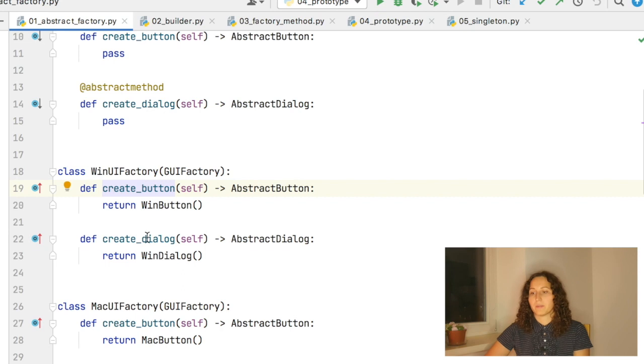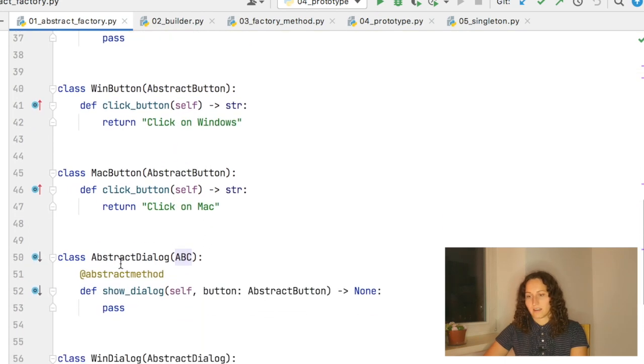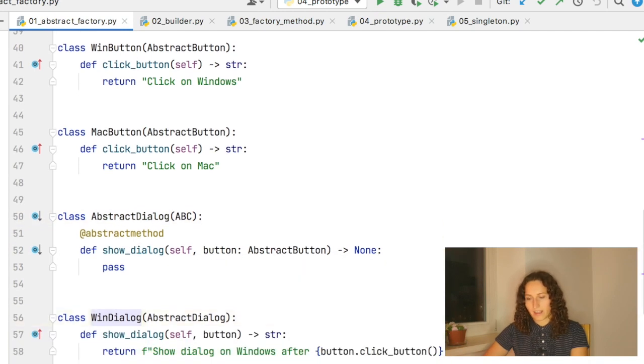Both of them implement these methods, create button and create dialog, and both of them create objects, button and dialog. And this button class implements the abstract button interface,